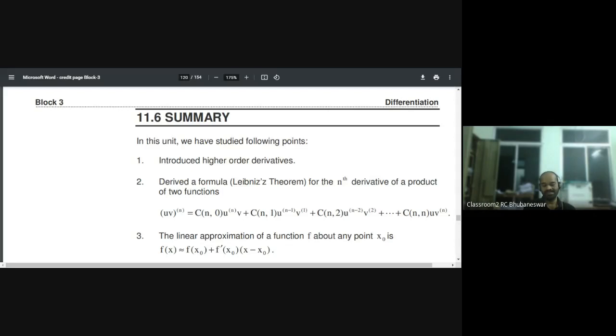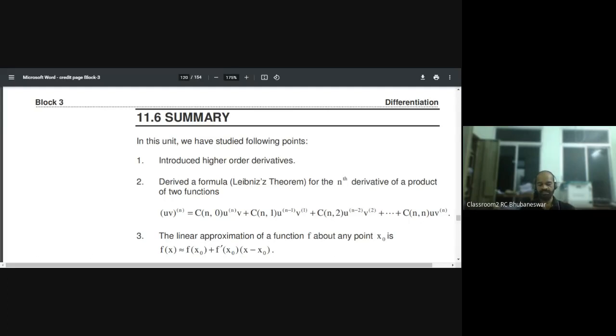Similarly, you can see that in combination the values will be integers 0, 1, 2, 3 like that, and the order of derivative of u is gradually decreasing, whereas the order of the derivative of the second function is gradually increasing up to n. So here